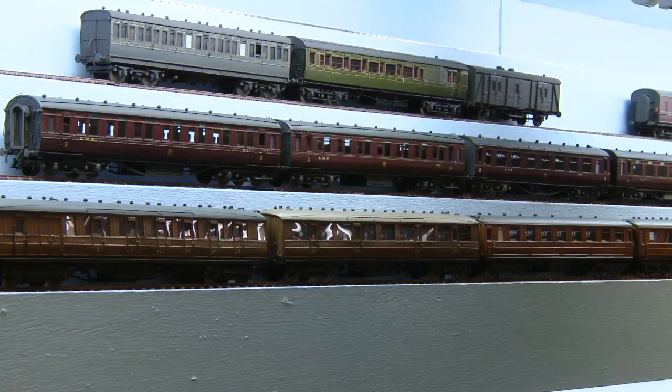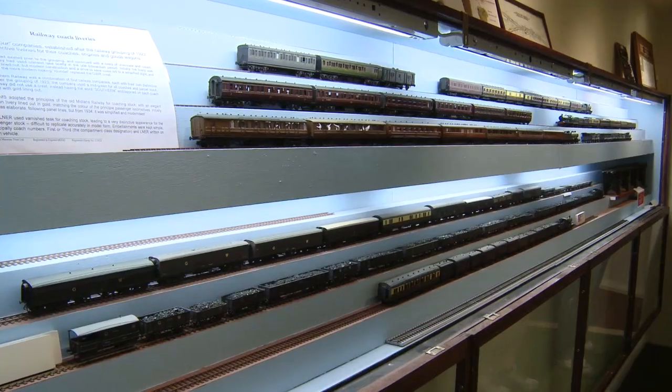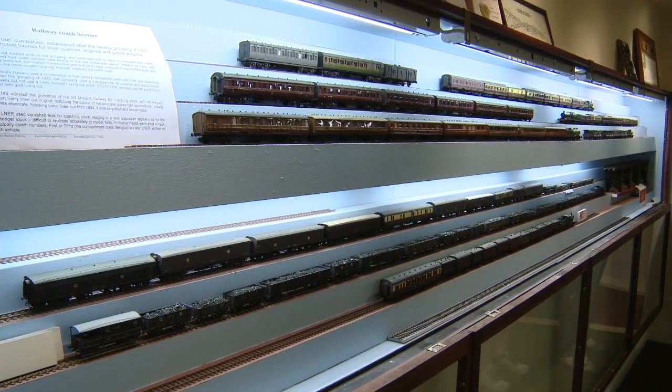Now, before we look at this train in a little more detail, perhaps I can discuss some of the general points about bringing a new train into service. Now, this one itself has been in the showcase to my left at least 20-25 years, and it's been something I've always admired and would love to see running. So this winter, in our shutdown period, the opportunity was taken to get the train on the layout and see